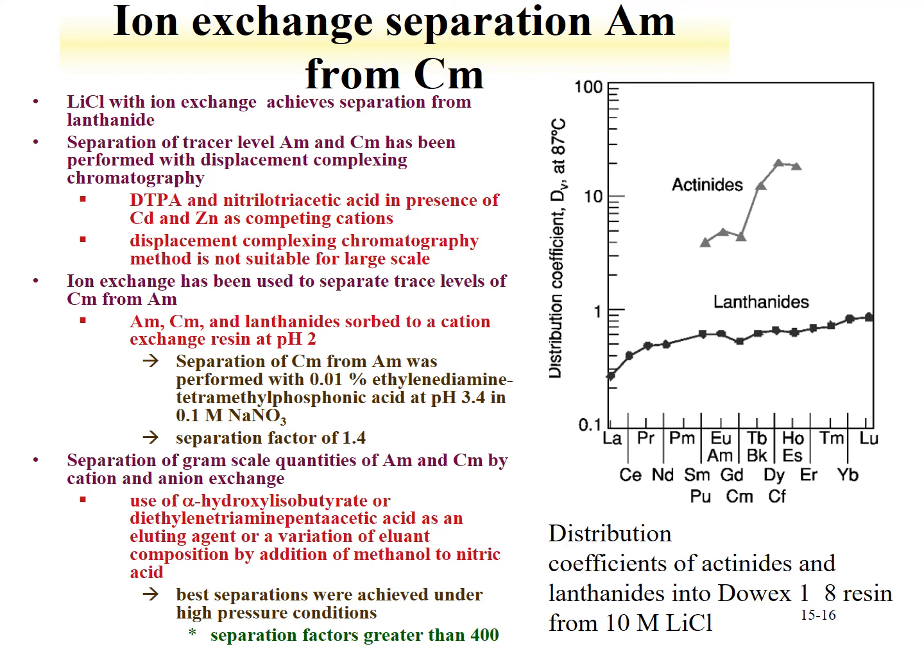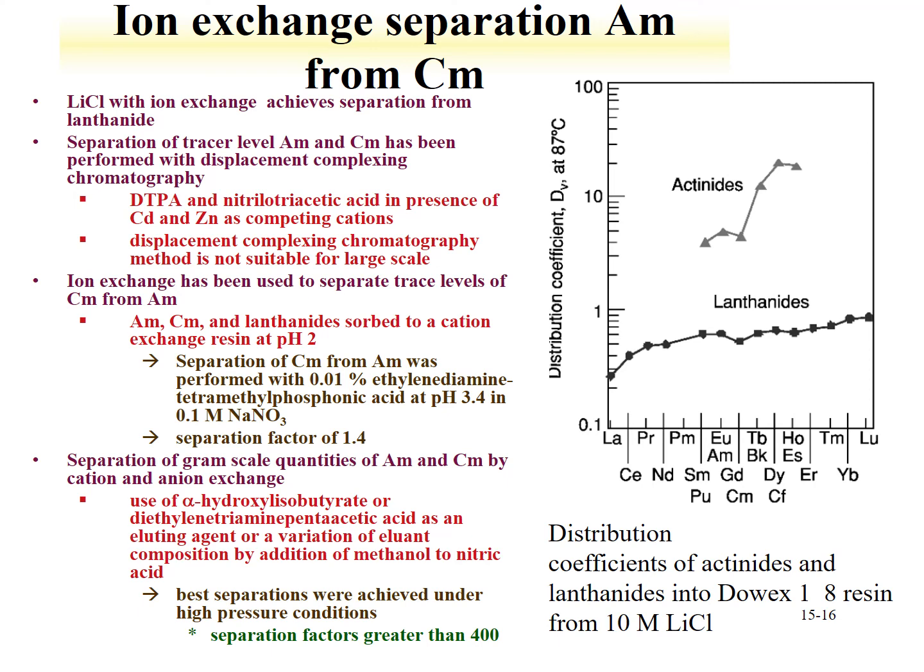scale separations. Another route for separating americium, curium, and lanthanides is to sorb the material to a cation exchange resin at pH 2. And separation of curium from americium was achieved by using a relatively weak phosphonic acid solution, this ethylene diamine tetramethylphosphonic acid, at pH 3.4 in 0.1 molar sodium nitrate. And he achieved a separation factor of 1.4. Not a particularly high separation factor, but one that could be used to achieve a separation if enough effort is